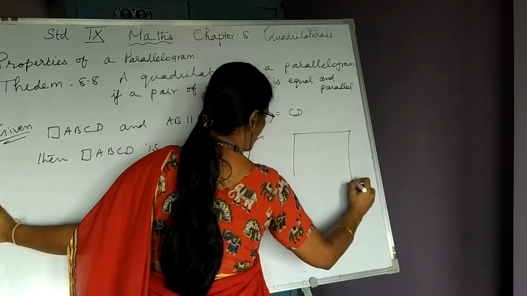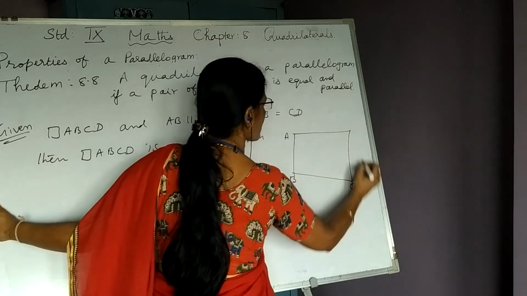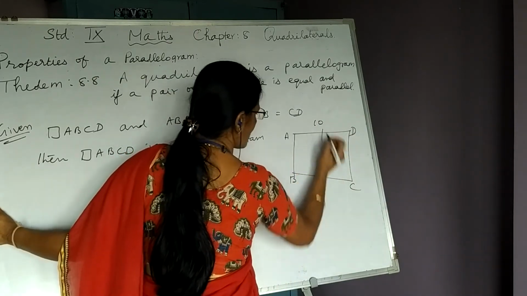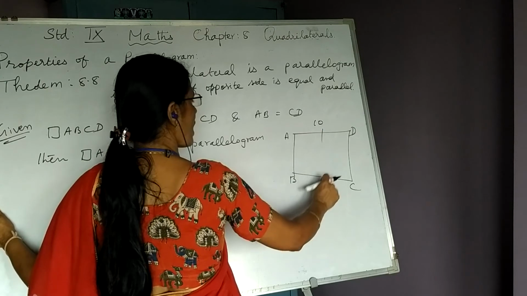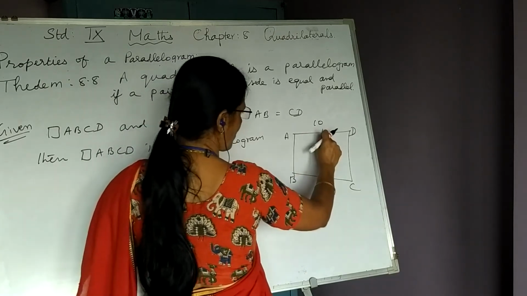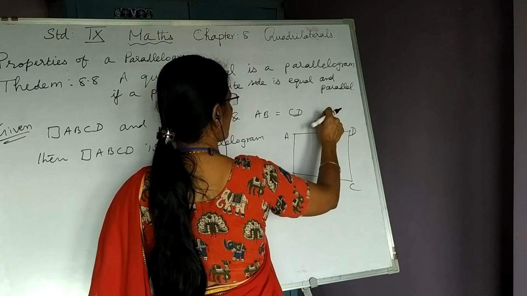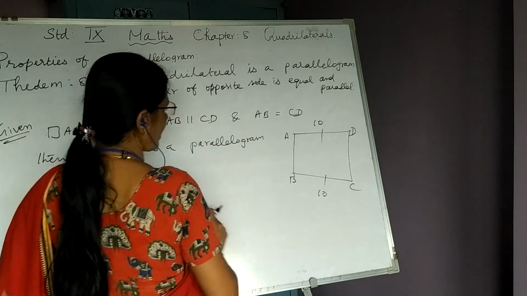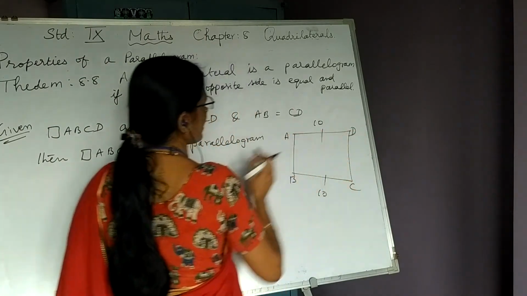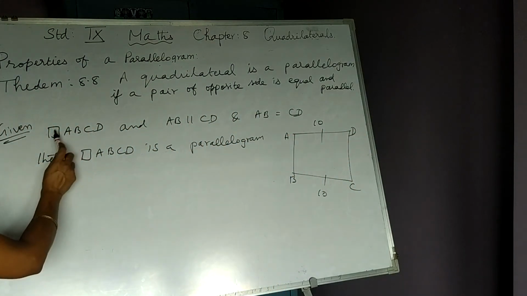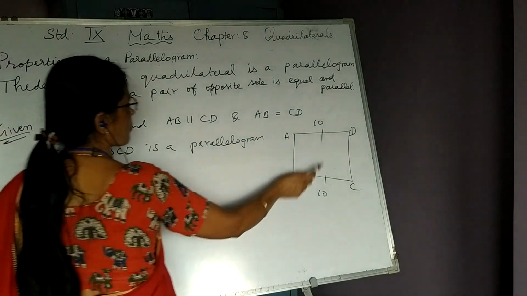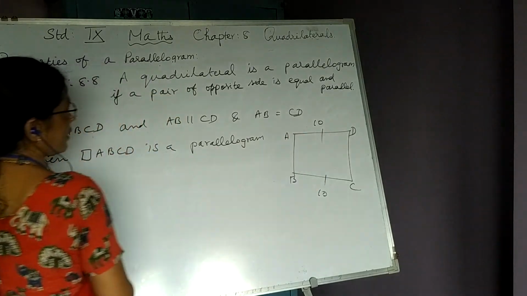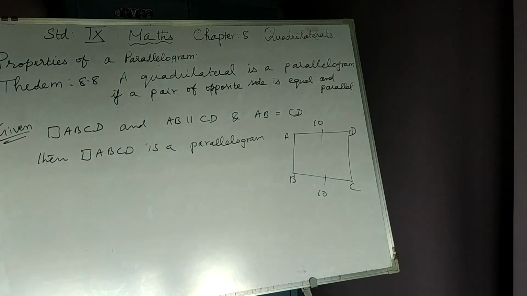So let us understand with a small drawing. ABCD is a quadrilateral. You are given AD and BC are equal and each length is 10. So these two are a pair of opposite sides. The same pair is parallel and given both the opposite sides are equal, 10, 10. Therefore, what should be this ABCD? ABCD should be a parallelogram. So in any quadrilateral, if the same pair of opposite sides is parallel and equal, then the quadrilateral is converted into what? Converted into a parallelogram.